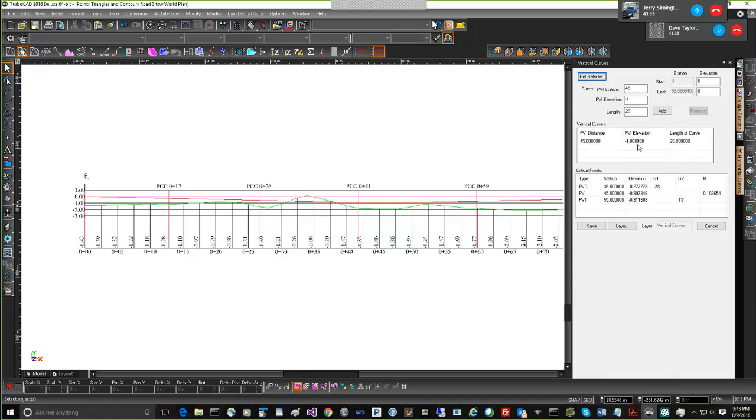So let's see, I'm going to remove this, so it goes back to the old one, and I'm going to change the initial elevation to -1, because that's still fill. To counteract the fill, we're going to start the road at an elevation of -1. Leave the curve in as the same. Now when I click add,